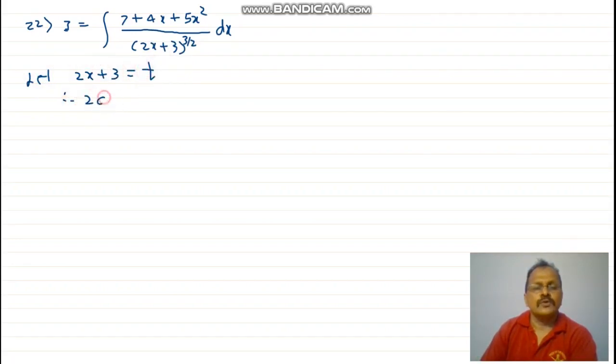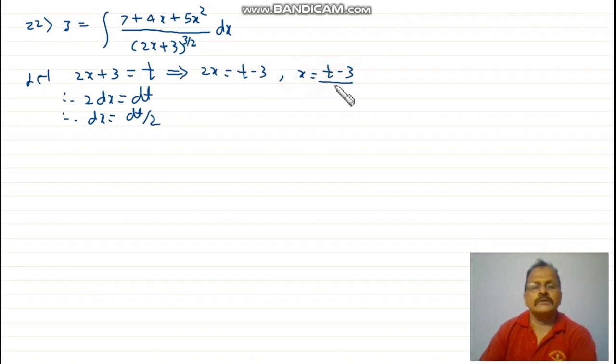Therefore 2 dx is equal to dt, and therefore dx is equal to dt upon 2. Now 2x plus 3 is equal to t implies that 2x is equal to t minus 3 and x is equal to t minus 3 upon 2,